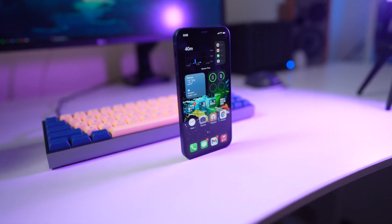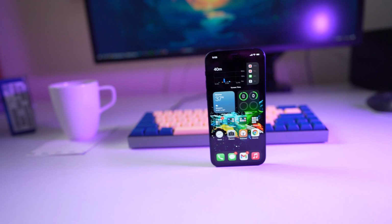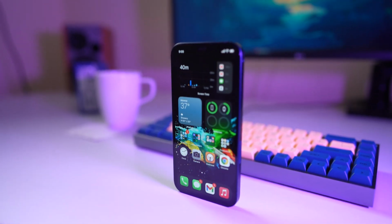But build quality is really, really good. It looks good when it's clean, but the back is the one thing that gets very, very dirty. Same thing with the front. You get a lot of smudges on this. I kind of wish that they would have done the polished aluminum that's on the side on the back too. I'm not really sure why they didn't look into that, but I would prefer a matte finish. I actually prefer the Pixel 5 back because I think it's probably a little bit more stable